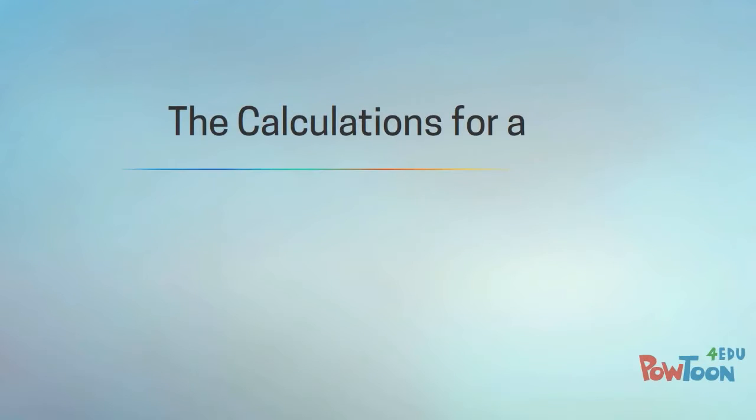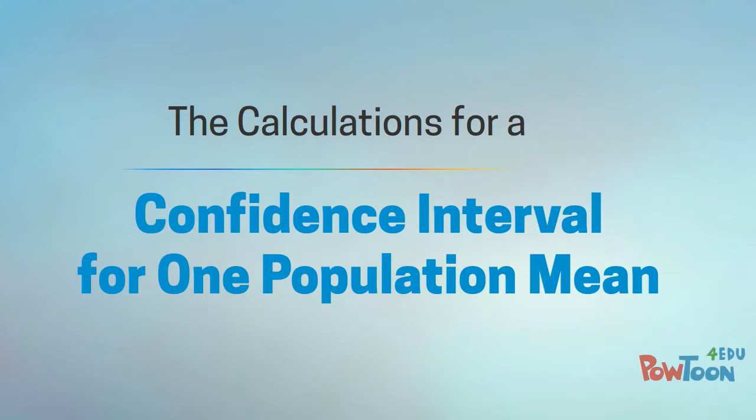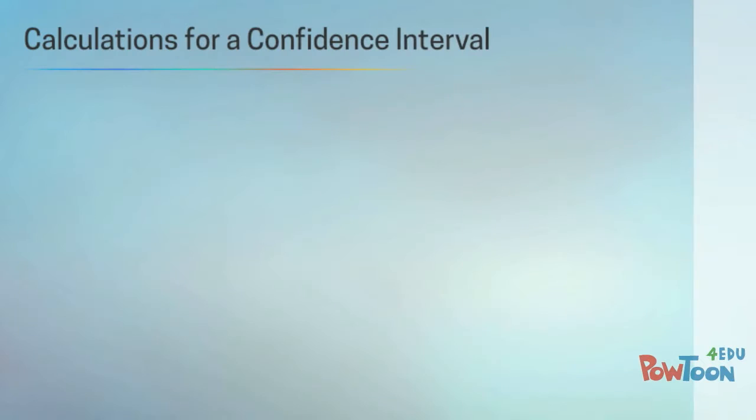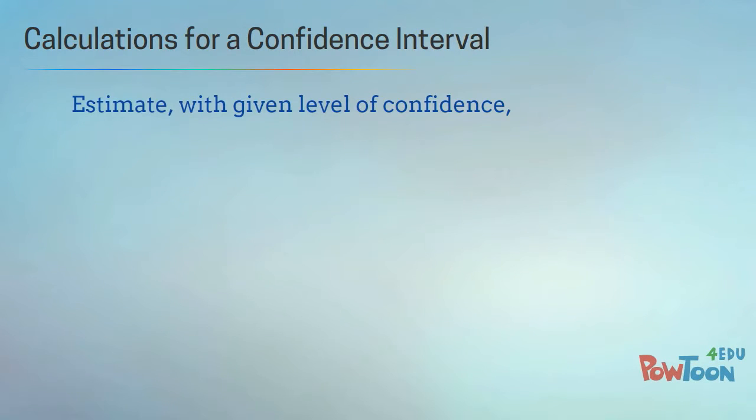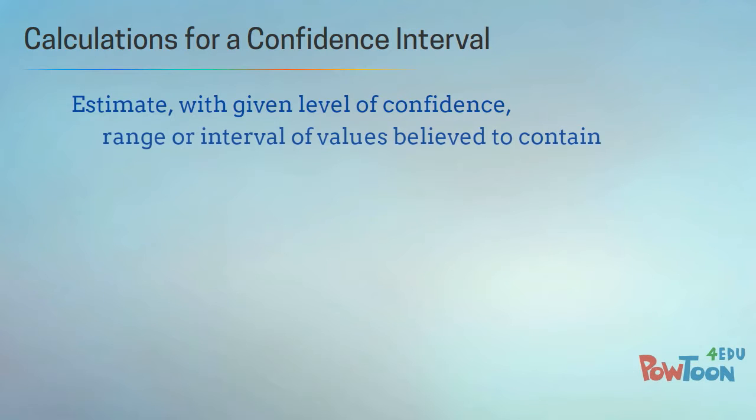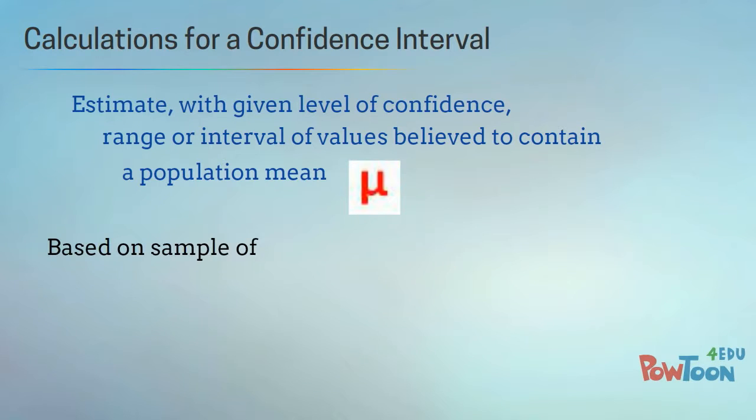The calculations for a confidence interval for one population mean. The calculations for a confidence interval for a population mean are used to estimate, with a given degree of confidence, a range or interval that is believed to capture a population mean called mu. The estimate is based on a sample of size n from the population that has been found to have a